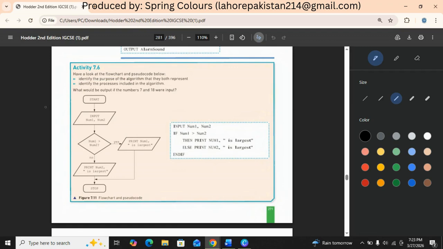First of all, let's see this flowchart. You can see that this start box shows that the algorithm is starting from here. The parallelogram is used to take input from the user. The input is being saved in two variables. The first one is number one, num1, and the second one is num2. These are two empty spaces in your hard disk where the user will give two numbers. Then